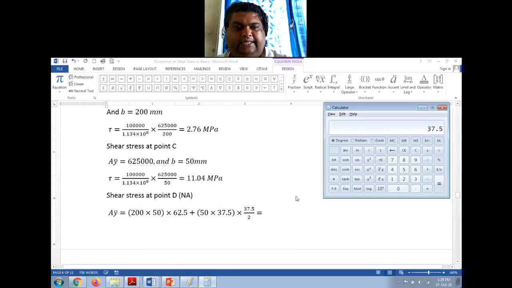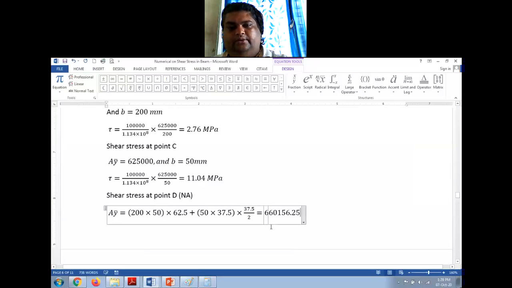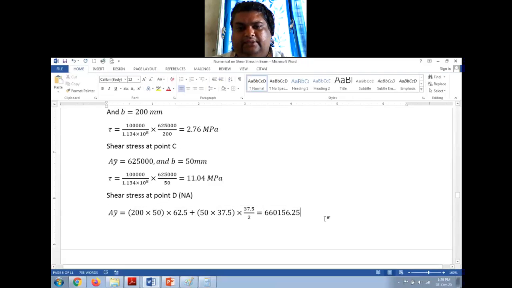Okay, now let us calculate this. 200 into 50 into 62.5 plus 50 into 37.5 into 37.5 by 2. So just copy that. So this is my AY bar at point D, which is my neutral axis,